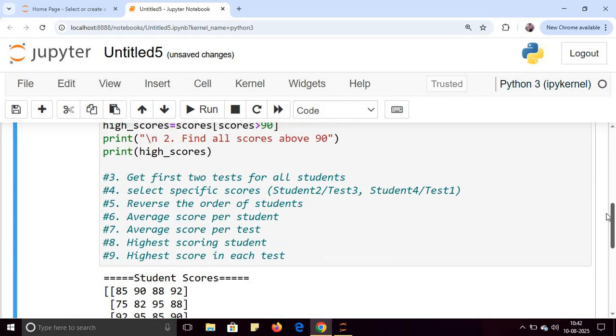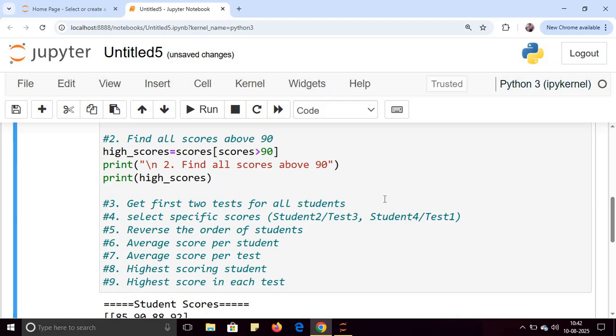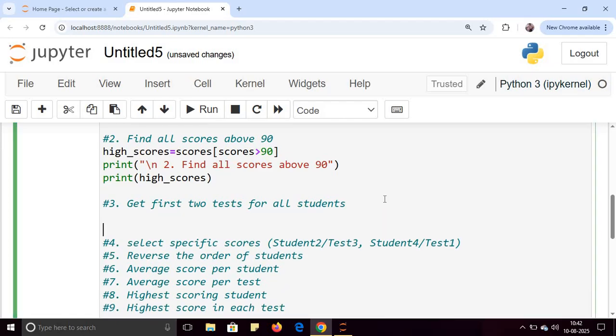Okay, so let's move to the third task. The third task is get first two tests for all students. So I want to find the score of first two tests for all the students. So I can create a variable, let's say early tests, and I will simply use scores, and here I will leave it blank, and I want to find the first two tests, so I will pass